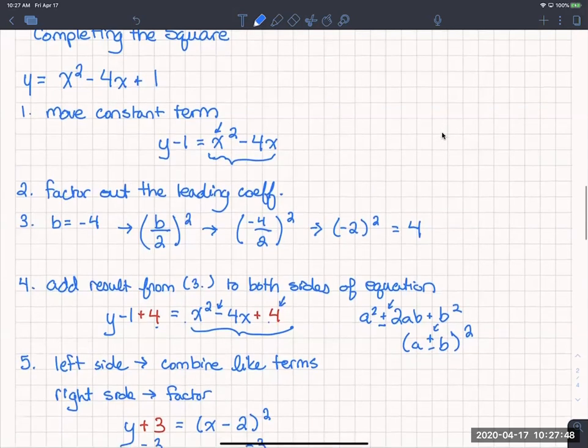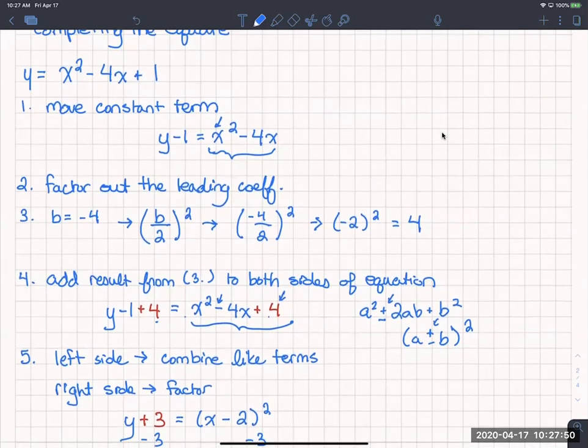Then we took the linear coefficient, which is b, -4, divided it by 2, and squared it. So -4 divided by 2 is -2,